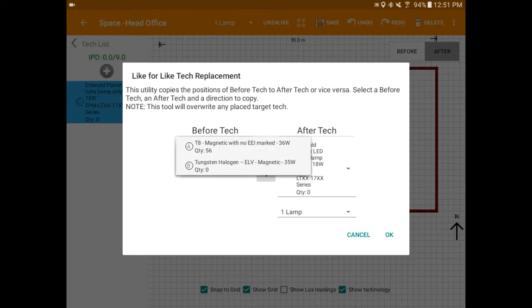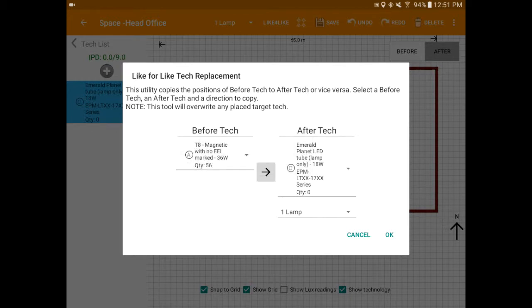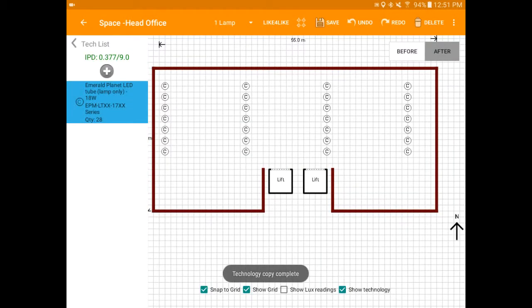Also you can choose, are you talking about the T8s that you want to change, or the tungsten halogens? So I'll click T8, and I want them to become the emerald planet tubes. You just hit OK, and they've been copied across, and your before and after drawings are done like that. Now let's say, for example, I didn't want to use